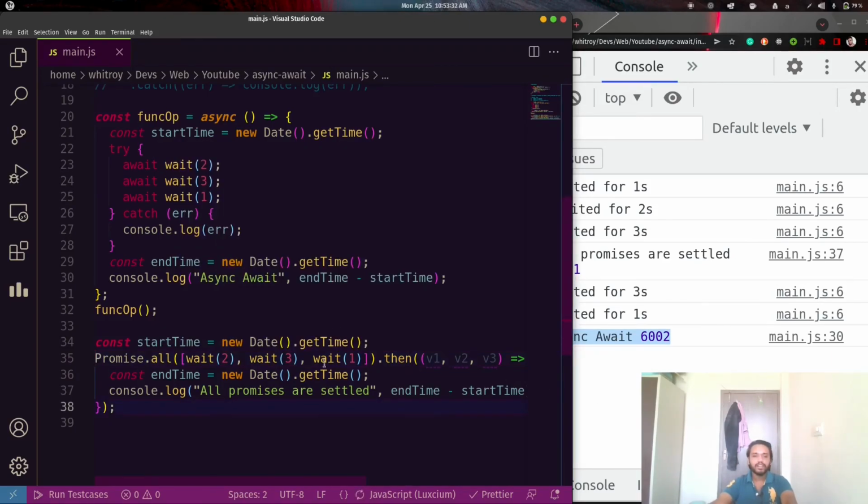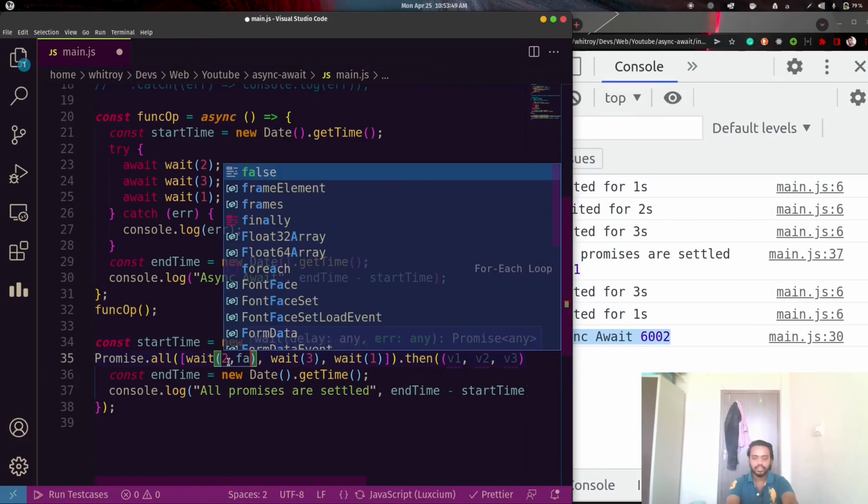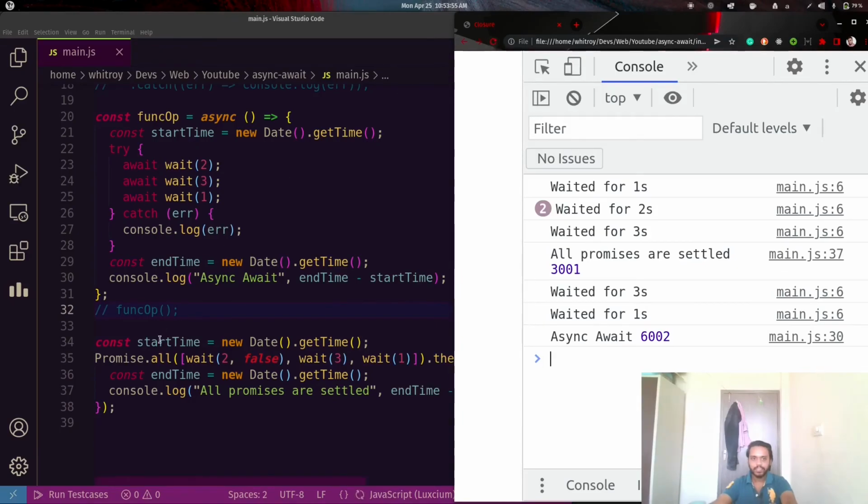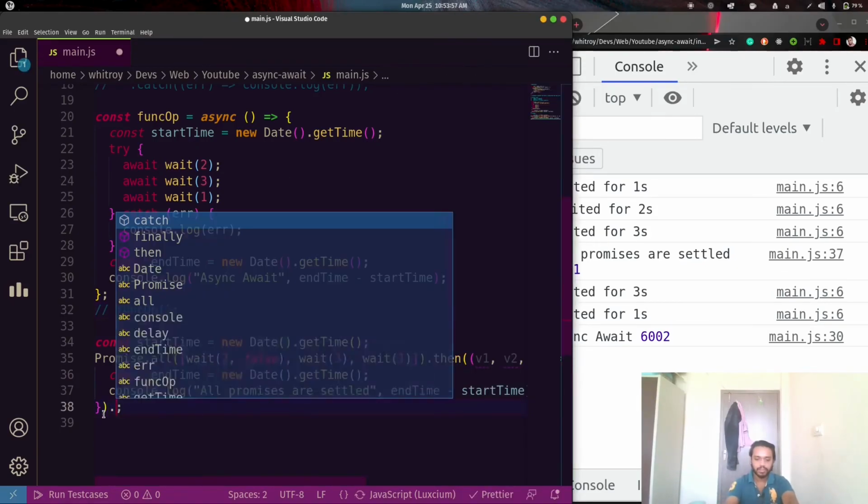Also, promise.all rejects if any of the promises is rejected or not fulfilled. So let's pass a false here, and let's also have a catch here.